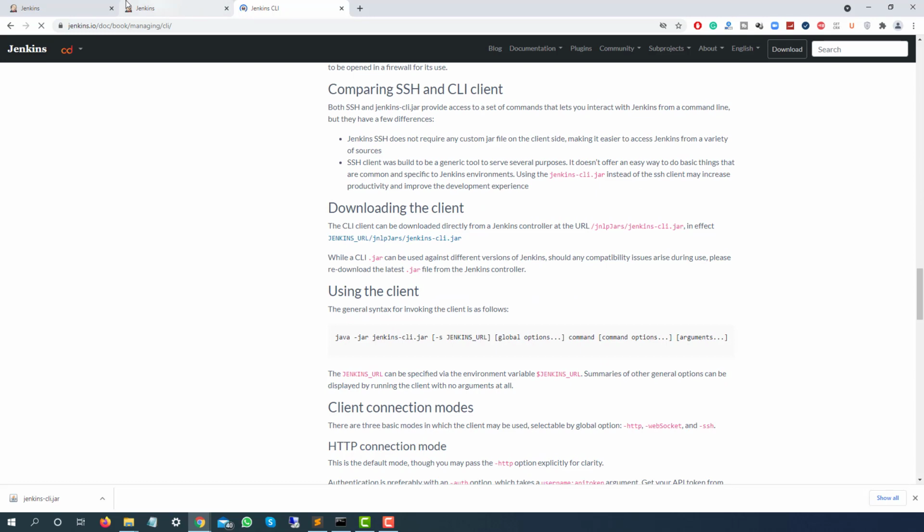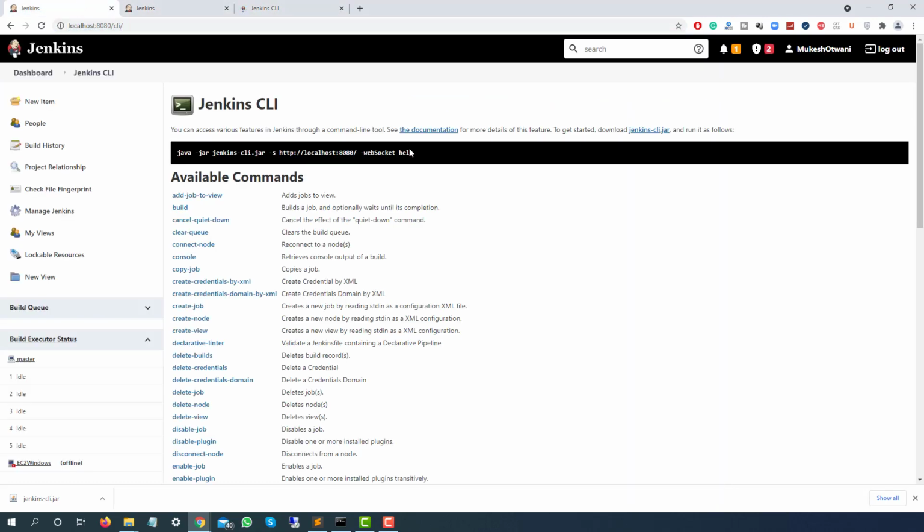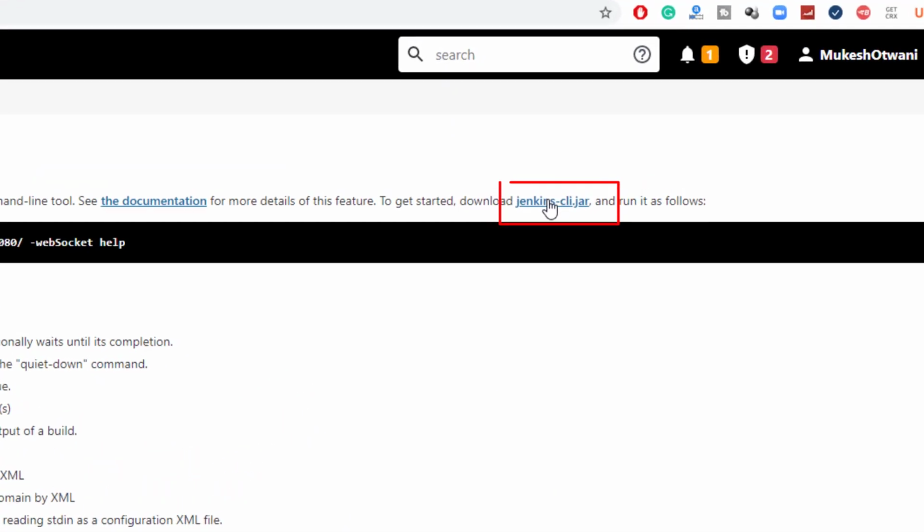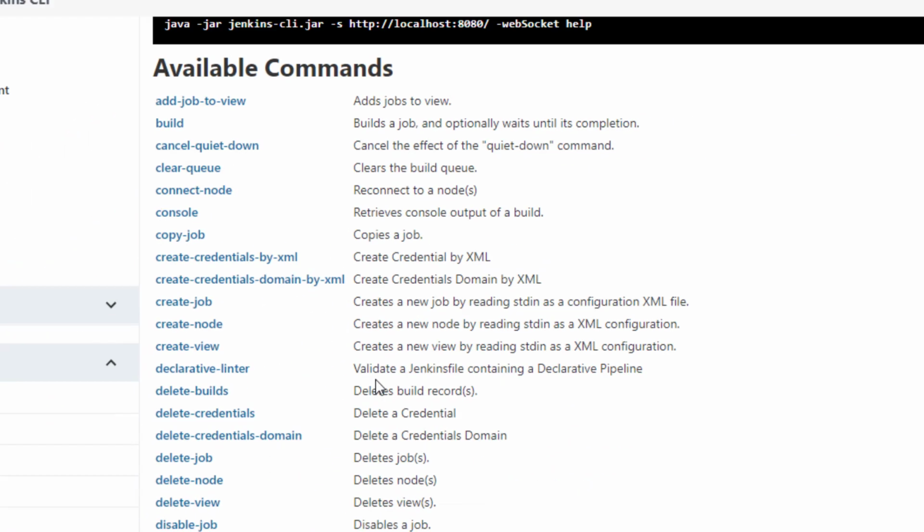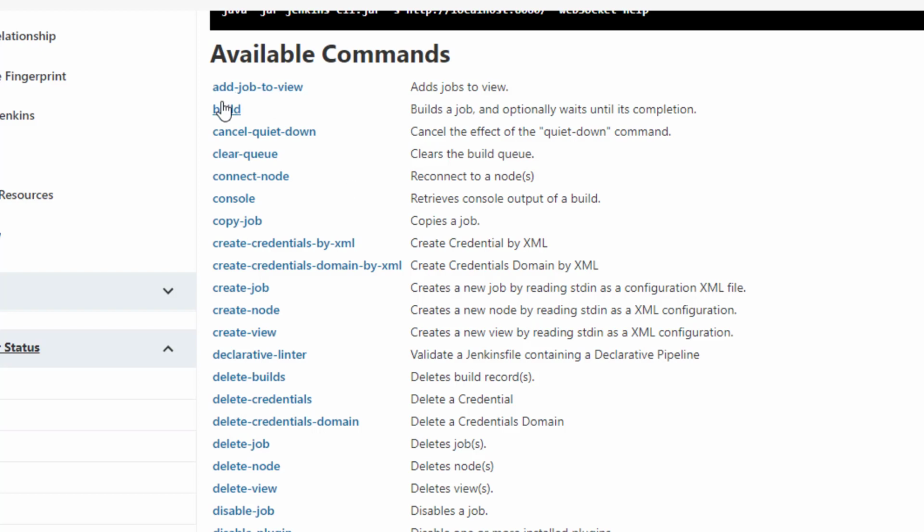Fine, so let's go back. In order to get started, we need this jenkins-cli.jar file. Once you have this jar file, you can execute all these available commands. These are the different commands available. You can build a job, copy a job, see the console output, create a job, create a node, create a view, delete a job, delete a node, delete a view.